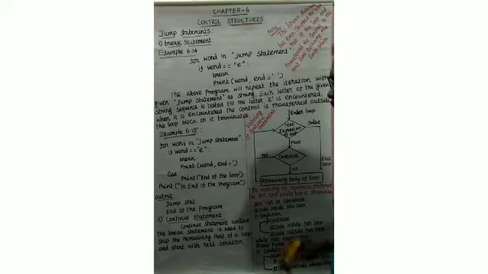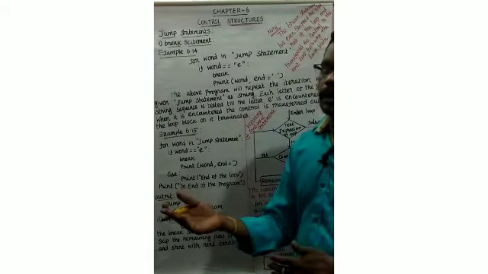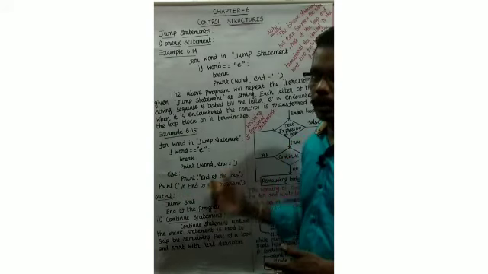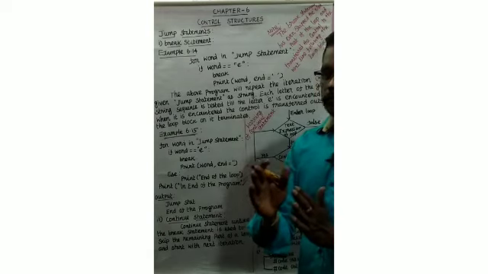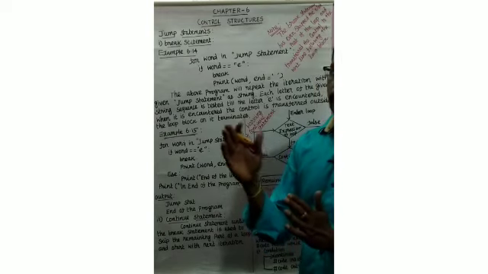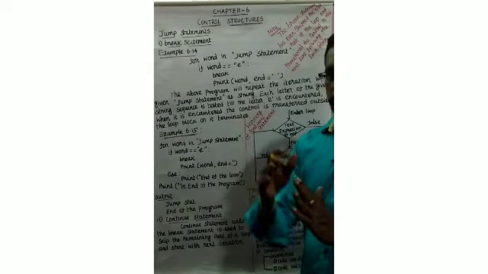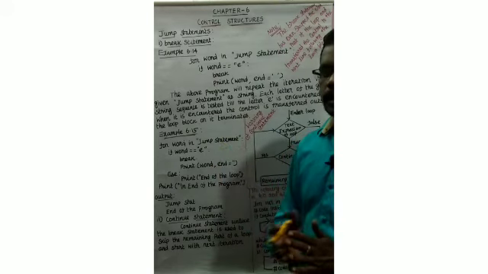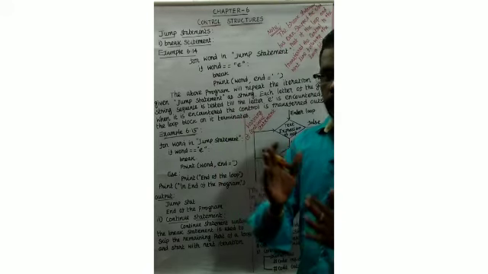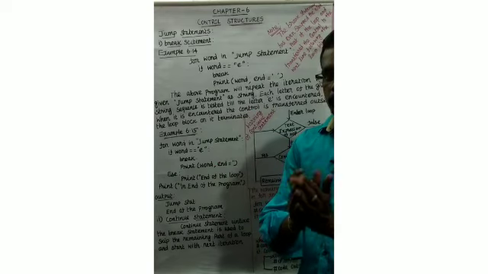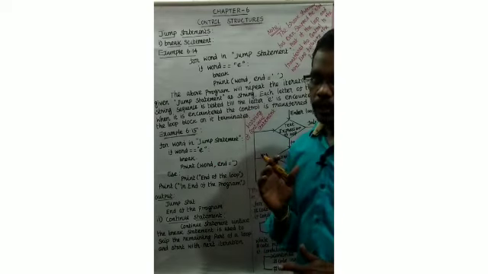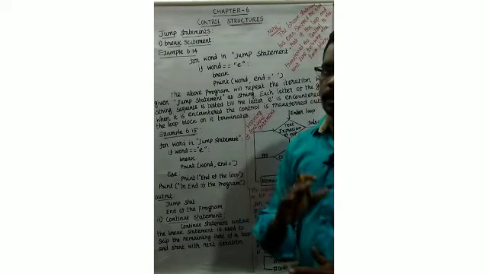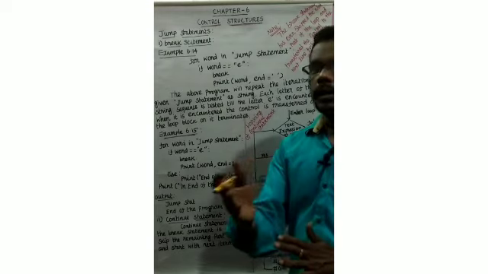Okay, next I have given one example. I will explain in this program about continue. Actually continue is not entirely different, it is a little different from the break statement. Break statement means it will break the current process, exit the current loop. Continue means it forces the next iteration to take place. There is a difference between the break and continue statements.